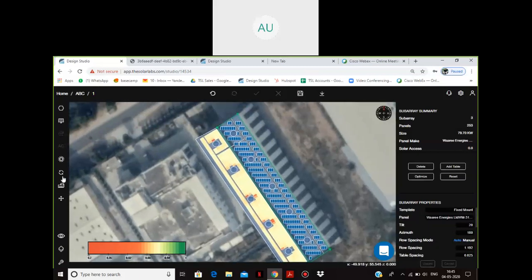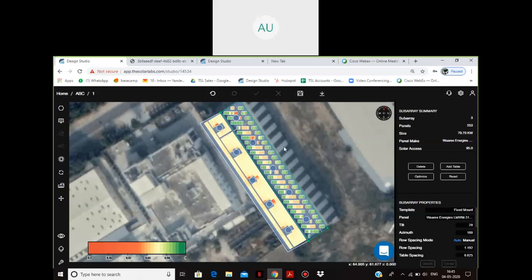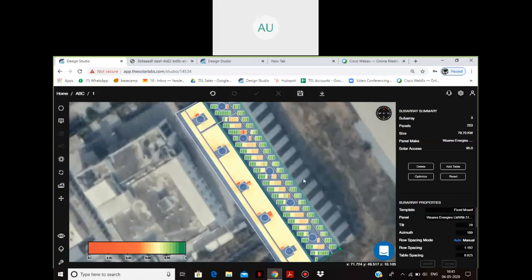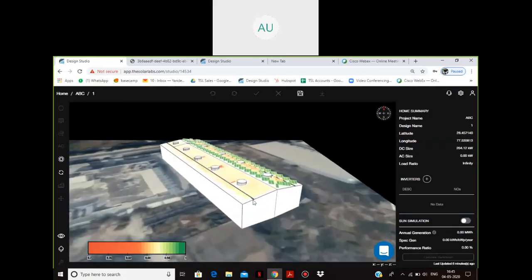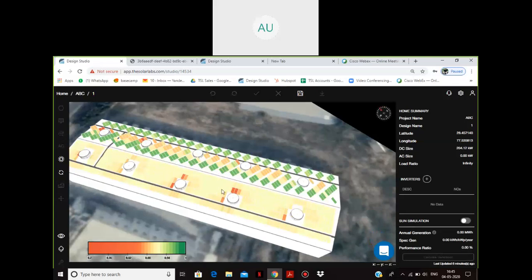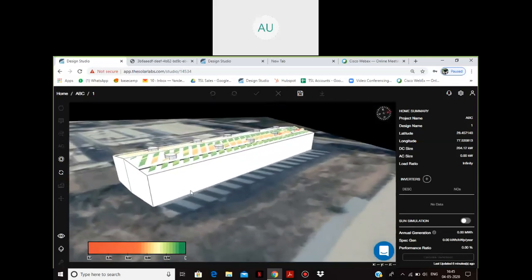Yeah, and now when I go and see the solar axis of this particular site, you'll see that there are some panels which will go more towards the greener side here. So now I have optimized my system as well, eliminating all the red panels by using reverse tilting, as this software provides me a good option to reverse tilt as well. I'll show you in 3D how it looks. So you can see here the flush mount has come up on this roof, and here you can see the reverse tilt.